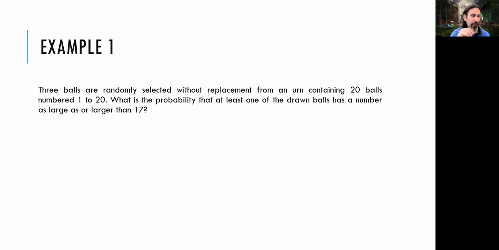So we are picking one, putting it aside, picking another one, putting it aside. We're not putting it back in there. We can also pick all those 3 balls at the same time for this experiment, but still, we are talking about 3 different numbers. So at least one of them should be 17 or greater. We are looking for the probability of this: the largest number among these 3 should be equal to or greater than 17. So I can say that my random variable x is the largest number drawn. From there, we are going to think about how to get this probability calculated.